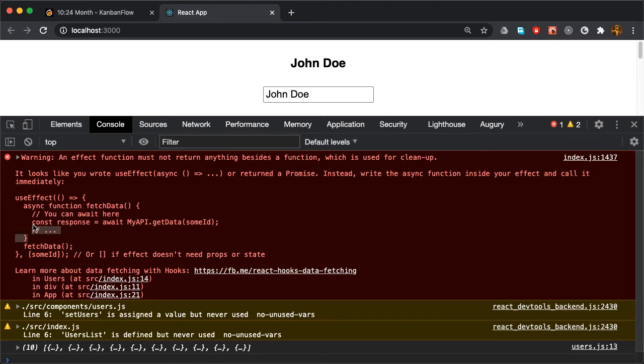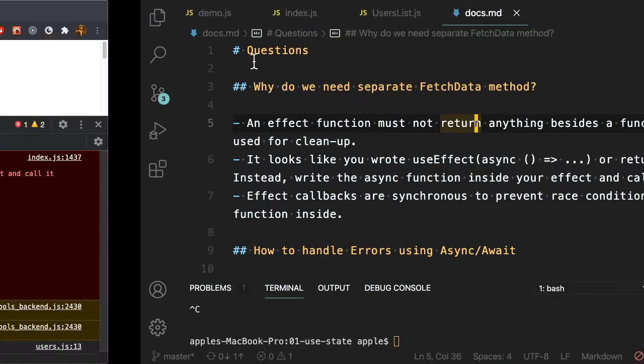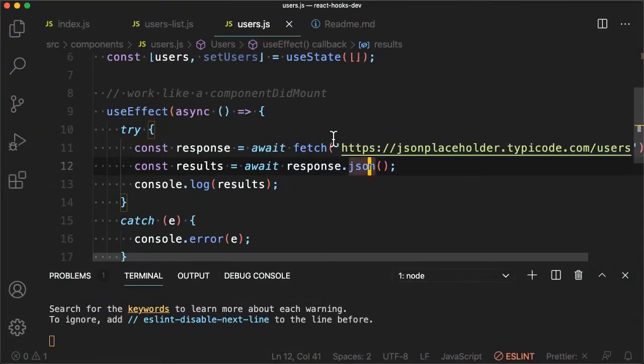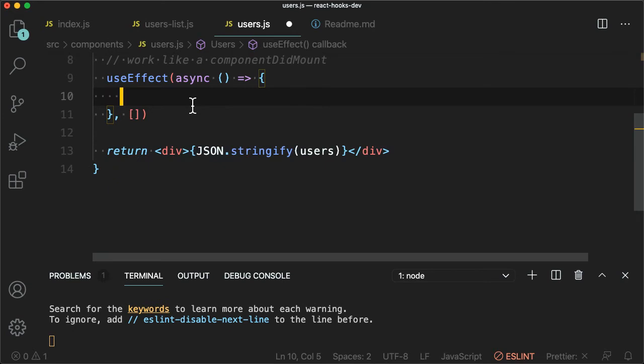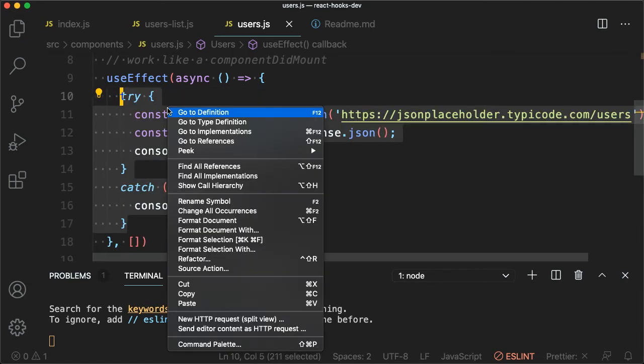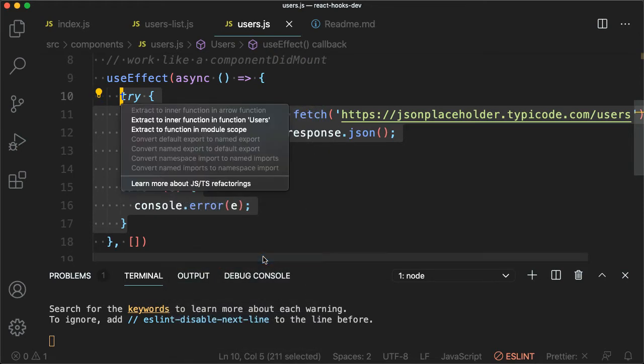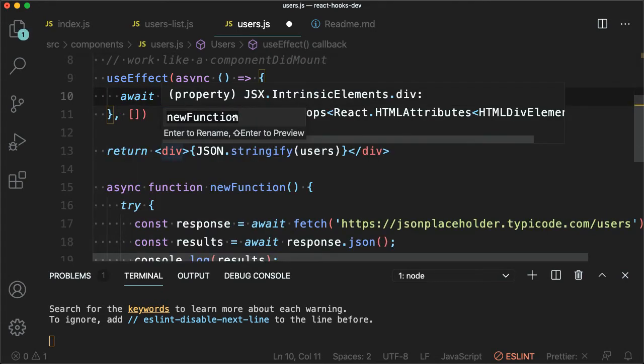I'm gonna create a new fetchData, and then we will call this fetchData. So let's try to do that. I'm gonna copy this code. Can I use the refactor inner function?